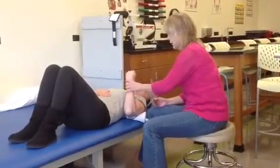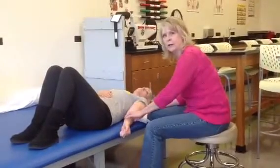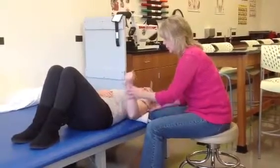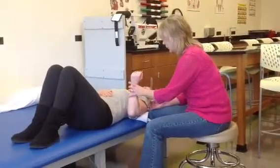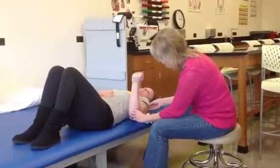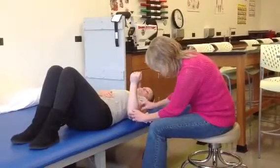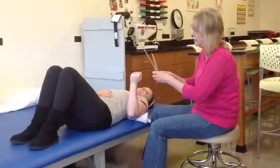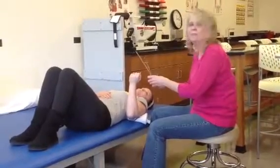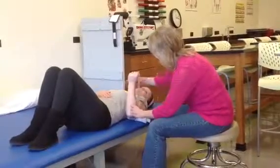Now, if our patient has a little bit of problems with getting her flexion within the functional range, we'll just ask her to again do a flexion to as far as she can go, and this will be her active range of motion, lining the goniometer up again. And at this point, she is at about 120 degrees,